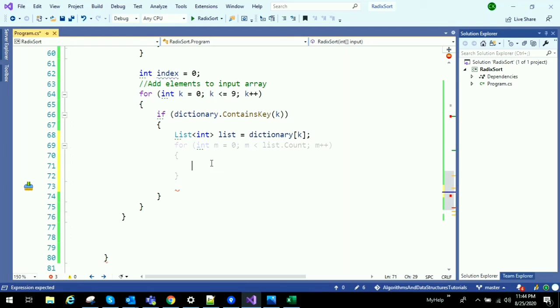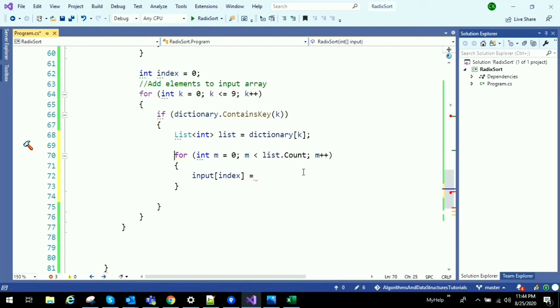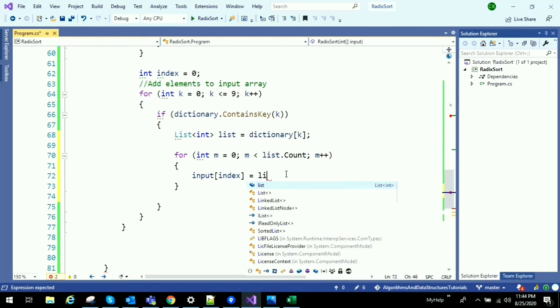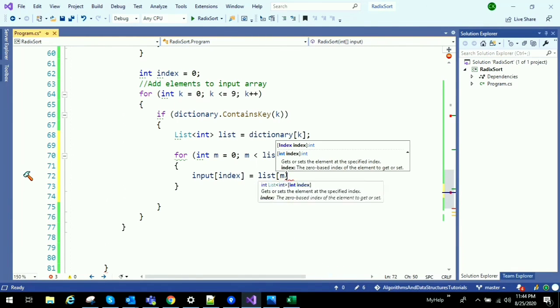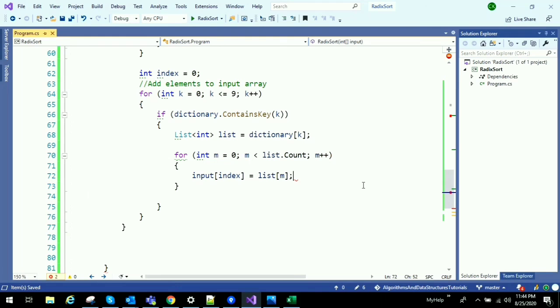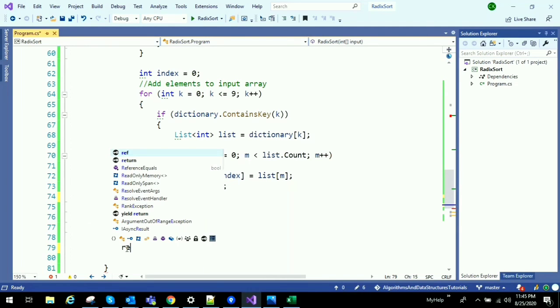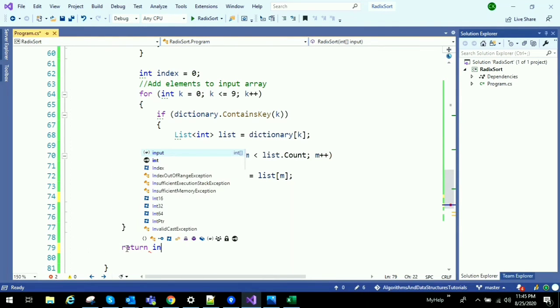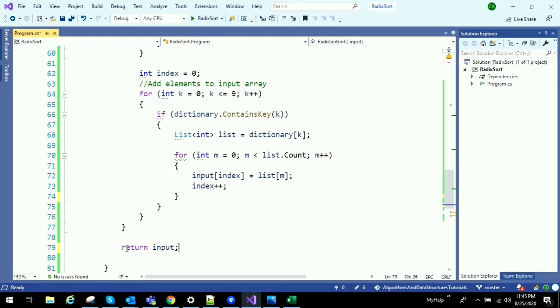Each value from that list we will assign to input. And after adding an element to the input, this index value should increment. And that is it. We are done with writing the logic for radix sort. Finally, we will return our input array, which is sorted.